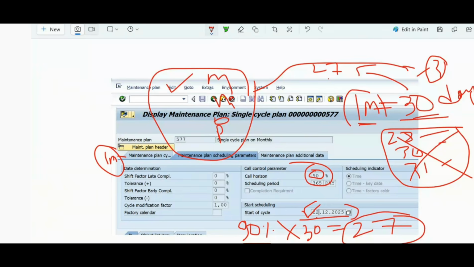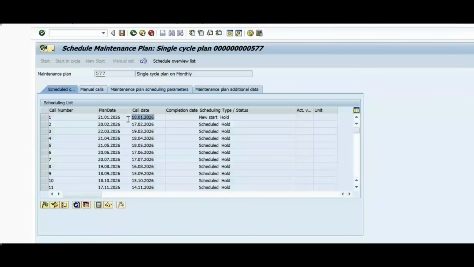Okay, so 90% of 30 is equal to 27 days में मेरा कॉल डेट कॉल होता है। वो कॉल होने के बाद from that day to 21/01 I have a gap, so within that gap I will complete my maintenance activities. Okay, ये तो क्लियर है ना। ऐसा ही सिमिलर सेकंड कॉल नंबर, थर्ड, फोर्थ, फिफ्थ, एवरीथिंग।